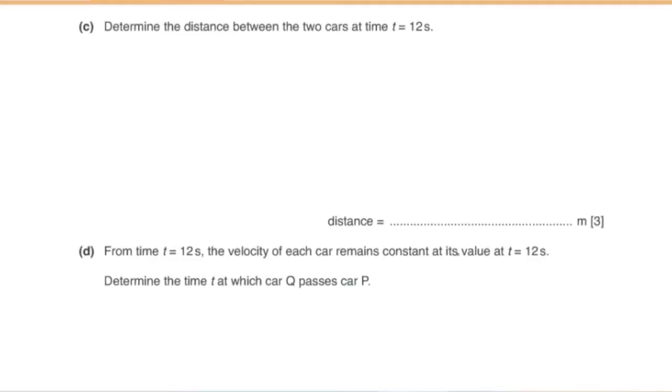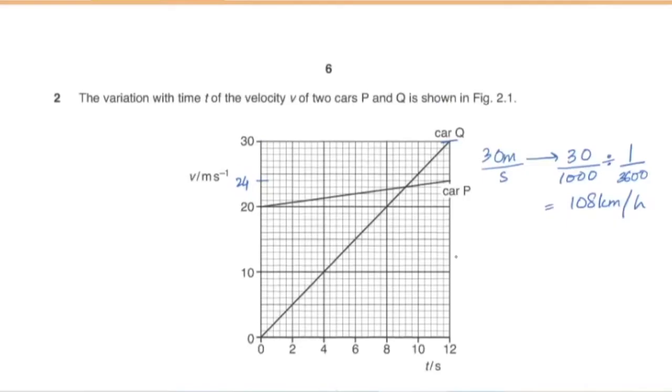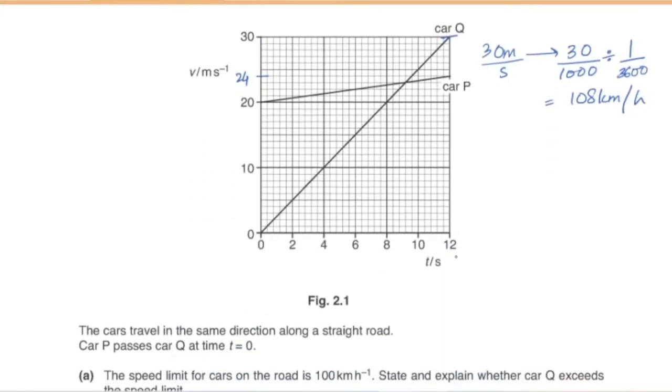Part C, determine the distance between the two cars at time t equals 12 seconds. So going back to figure 2.1, at t equals 12 seconds, car Q has covered a distance which is equal to the area under the graph of car Q. Similarly, in the case of car P, this is going to be the distance that it has covered in 12 seconds. So car Q has traveled a distance of half into base into height, and that is equal to